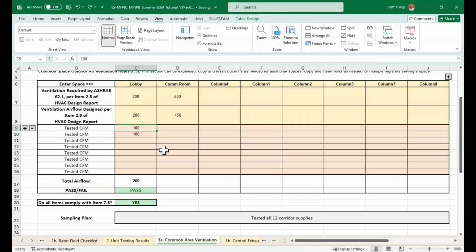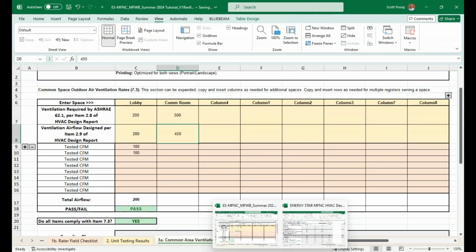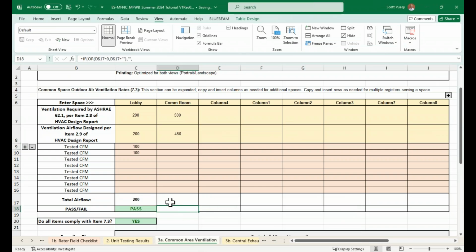And so it's adding up those two things and making a comparison up to the design. What it is not doing is making any sort of comparison between design and reported. The rater needs to do that manually and be aware that they need to do that manually. So just because there is nothing down here indicating pass or fail, when you're evaluating or looking at the design versus what the minimum design needed to be,